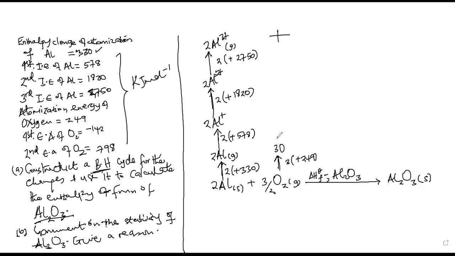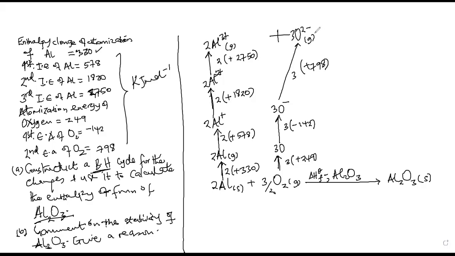Then here we have the first electron affinity, where 1 mole of oxygen is converted to a uninegatively charged gaseous ion. So we shall form O minus, and this will be 3 here. Since we are forming 3 moles, we shall have 3 times for 1 mole, which is negative 142. Then after forming the uninegative ion, we are going to move to the dinegative, where we shall have O2 minus, 3 of them, still gaseous. We say that the second electron affinity of oxygen is positive, that is plus